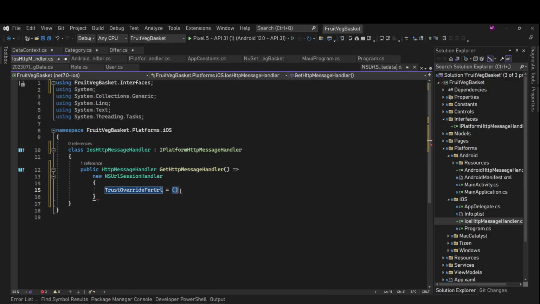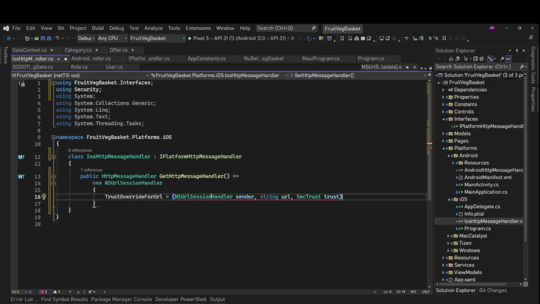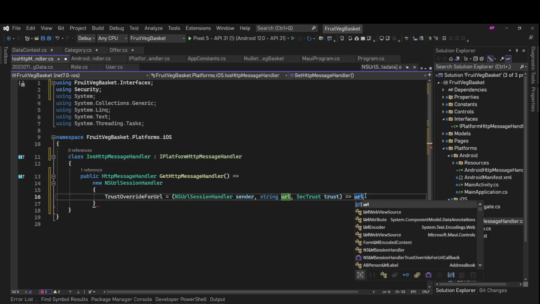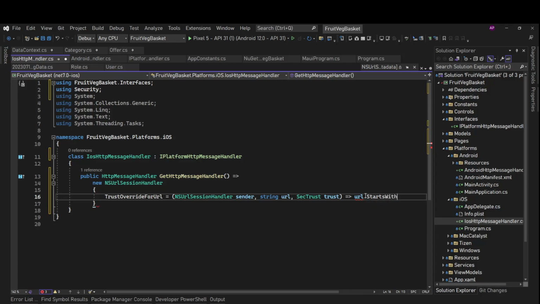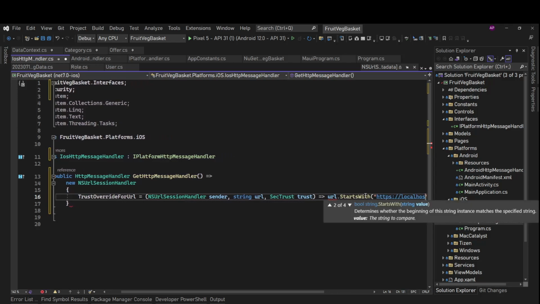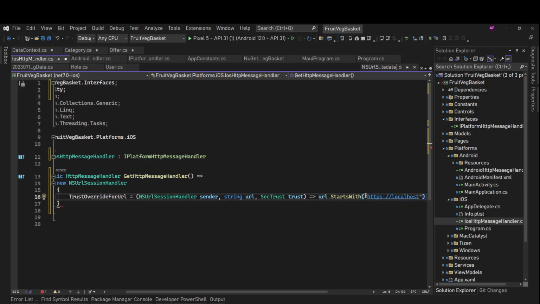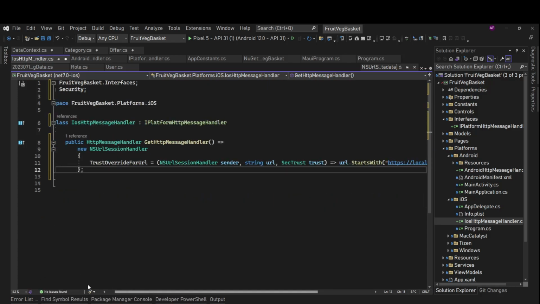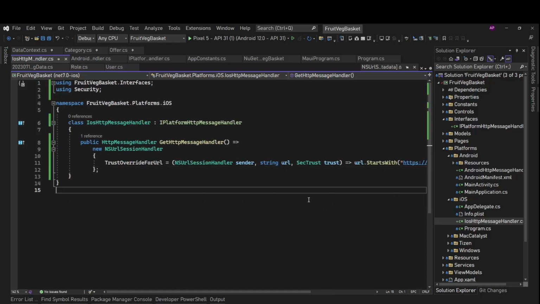So let's use these. Fine. And from here we need to return something, and that something is URL dot starts with HTTPS localhost. If it starts with this, we'll bypass the server certificate check. Let me clean this up, and we are good.